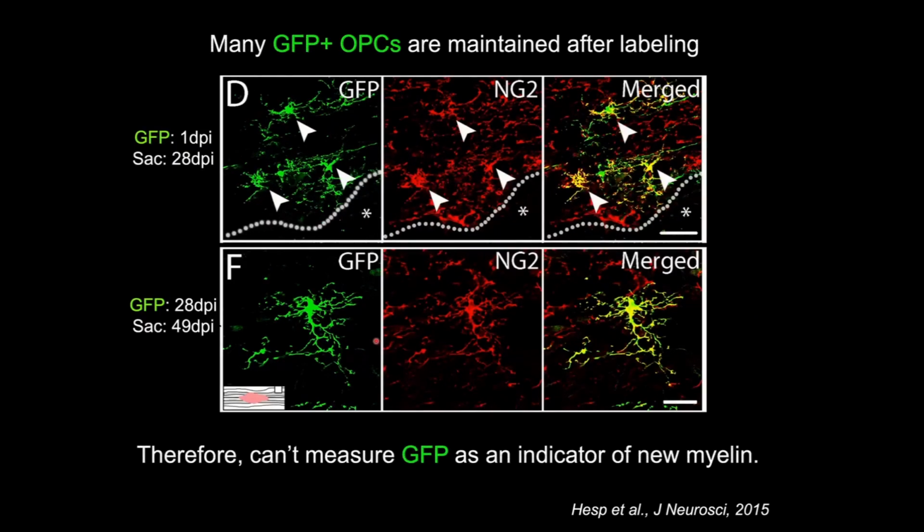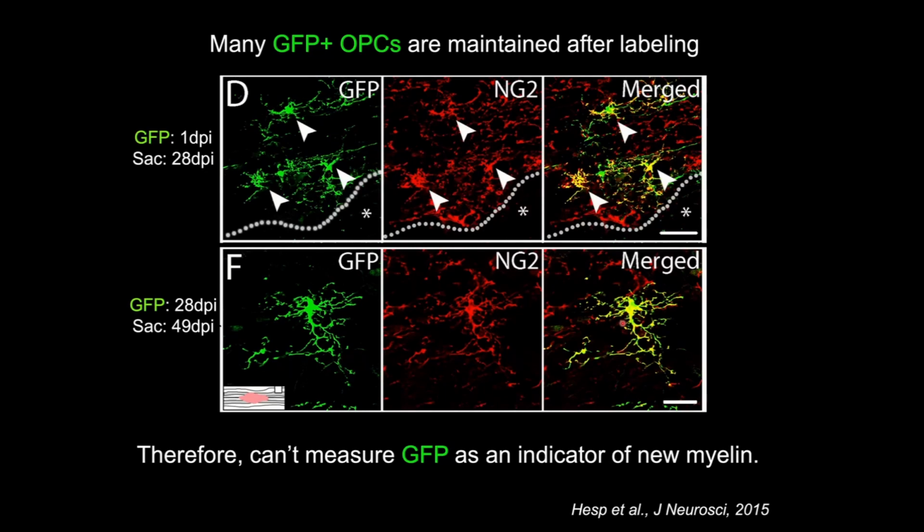However, we couldn't really quantify the amount of new myelin happening in these animals because this particular mouse model would make not only the new oligos GFP positive, but also our OPCs were GFP positive. So we couldn't just measure the amount of GFP as an indicator of myelin, because as you can see here in these images, these are some OPCs labeled with NG2, right, that are also double labeled with GFP. So that means these cells got recombined and expressed the GFP, but they did not differentiate into oligodendrocytes or myelinate. So some of the OPCs do differentiate, whereas some nearby OPCs do not. And why some do and why some don't, we don't know yet.